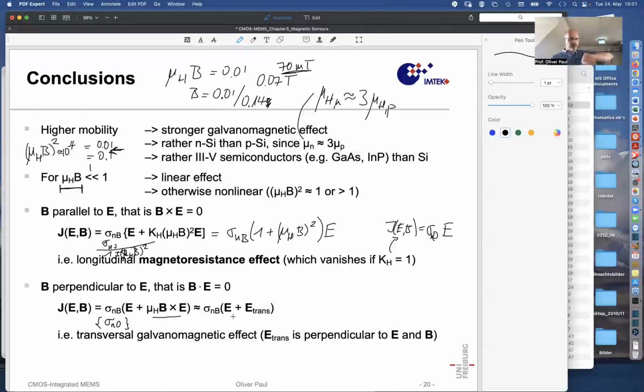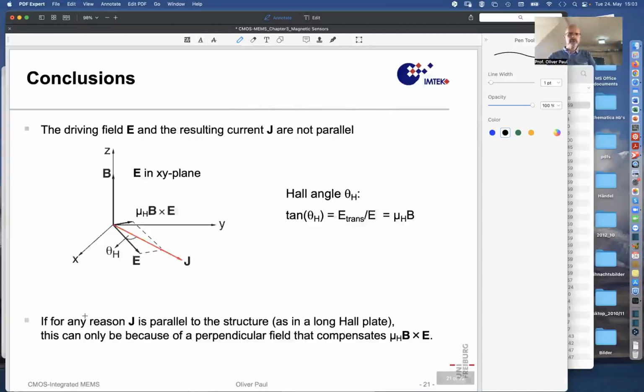And then there is a second field, a magnetically resulting field, E trans, that also drives the current into this sideways direction. This transversal galvanomagnetic field perpendicular to E and B. And this is represented here in this graphic,